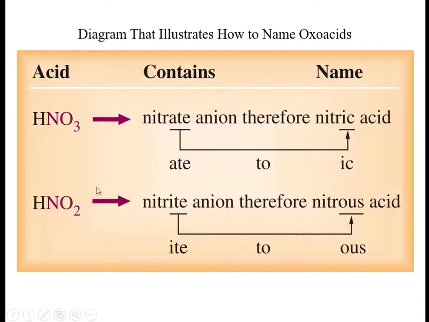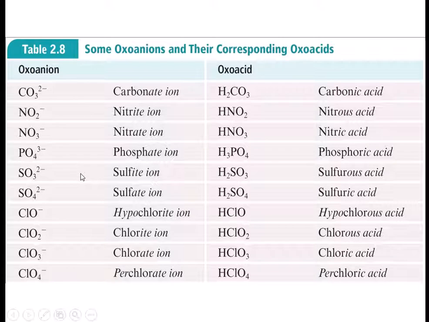And this is showing, again, figure out the book, that the ate becomes ic, the ite becomes ous. So this is nitrous acid and nitric acid. Again, these are some of the oxo anions. So the ate becomes ic, so carbonate becomes carbonic acid. We did nitrous and nitric acid. Phosphate becomes phosphoric, sulfite becomes sulfurous, sulfate becomes sulfuric, hypochlorite becomes hypochlorous, so the prefix stays the same with the